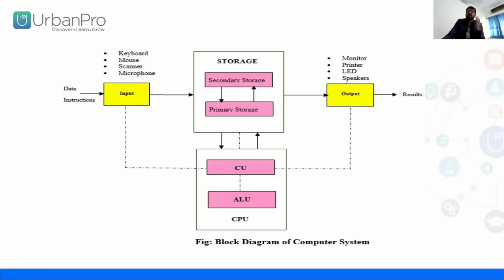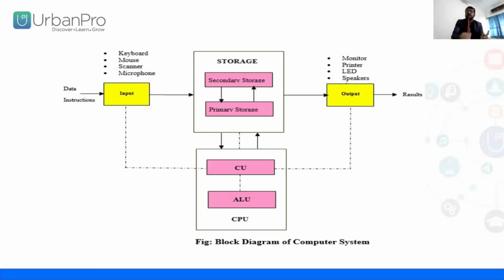Once again, when the instruction goes from the storage unit to the central processing unit, you see in the middle there is a dotted line connected to the control unit. So the flow of data or instruction is controlled by the control unit. If it is not controlled, then it will bounce, and your monitor will not show the exact output, isn't it?